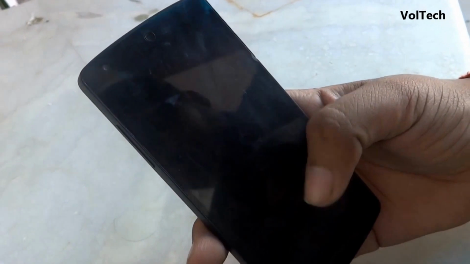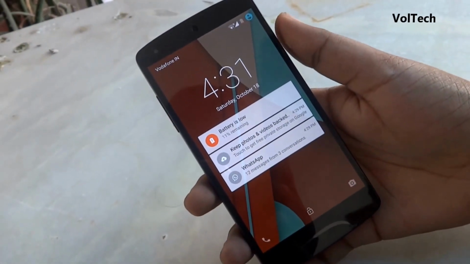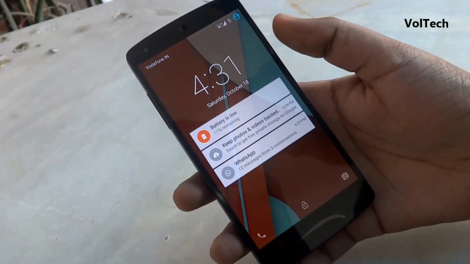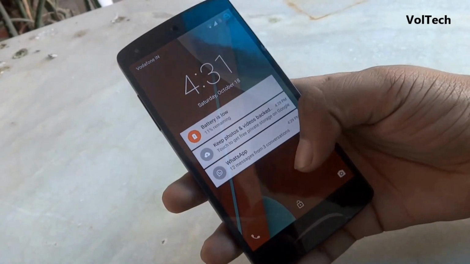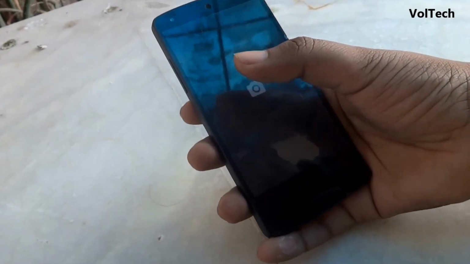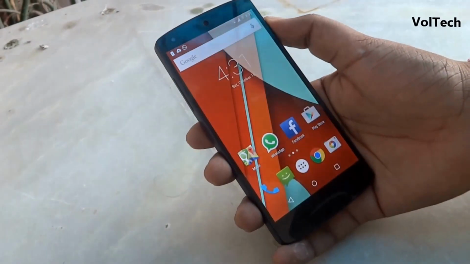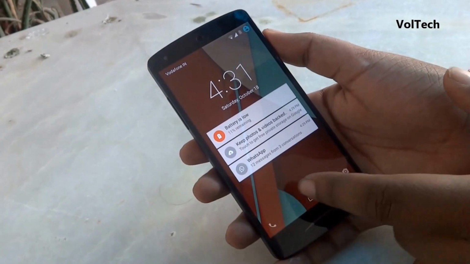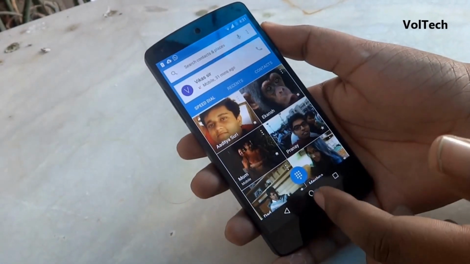So here we go. This is the lock screen, which is pretty much the same as the Android L developer preview, but the difference is when we go for the camera directly from the lock screen. When you swipe, you see this and it opens. That's really fast and awesome. And the same is for the phone call app, the dialer, as simple as that.